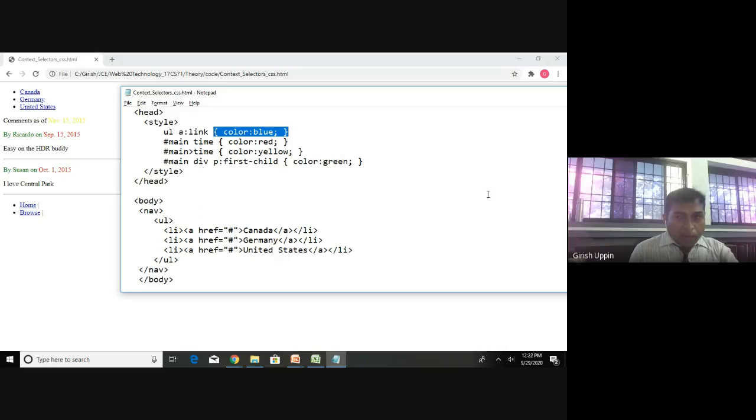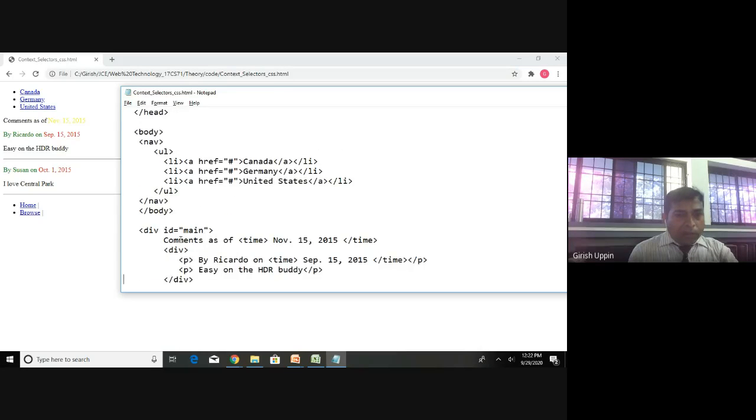Then after the links we have a div, and inside the div with id main I have comments. For this particular comment, there is no p tag. We did not use any kind of p tag, so no rule will be applied to this particular thing. That's why you can see this is the default style. Whatever default the browser has, that will be shown.